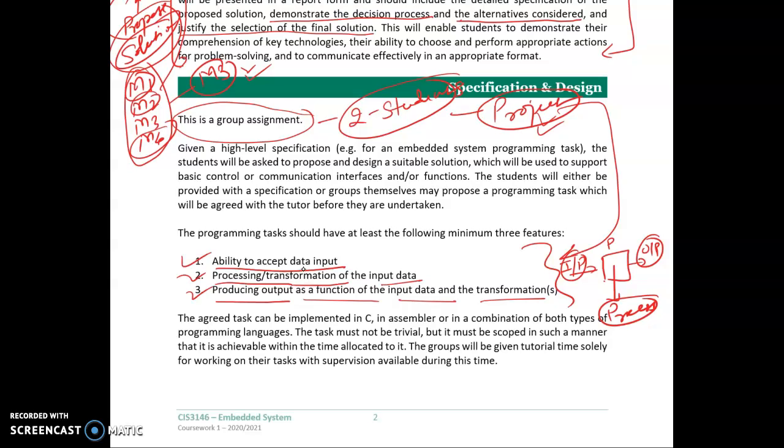For the development of the project, you will be asked to use hardware and software. For the hardware, you will use an Arduino kit, and for programming you can use C language, assembly language, or a combination of both to perform the implementation.